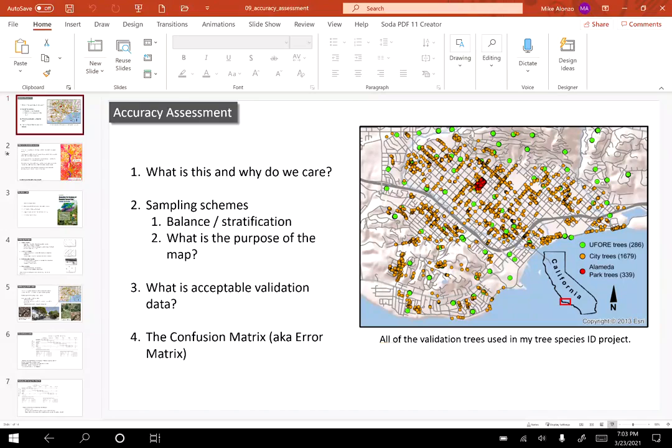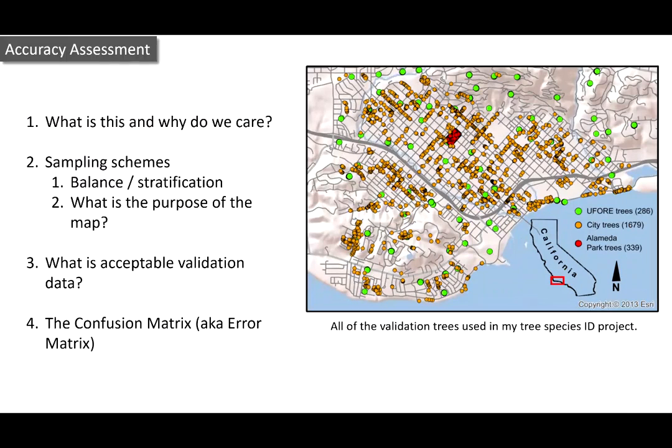So we're going to talk about accuracy assessment. So what is this and why do we care? How do we need to gather ground data or sampling schemes? We'll just talk about briefly. What is acceptable data? And then we'll spend most of the time unpacking this confusion matrix, which is a way to quantitatively actually